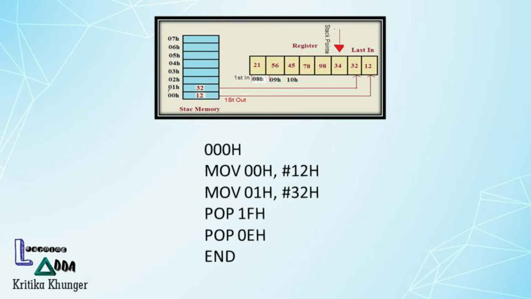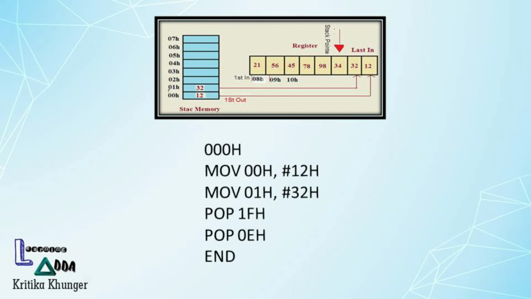So for pushing the data, we use the push instruction, which increments the stack pointer. We increment the stack pointer and use push there when we want to retain our current content. After that, when we are done reusing our registers, we decrement and use the pop instruction to retrieve our data. So this is how pop and push instructions are used.